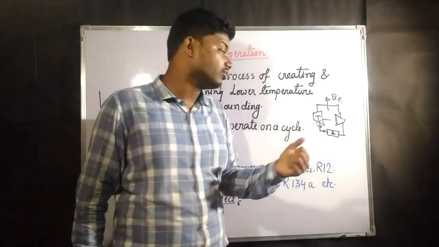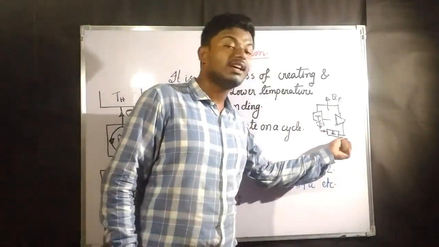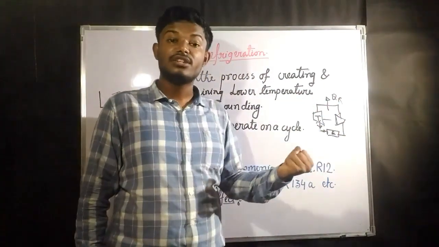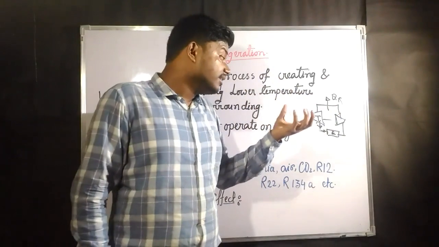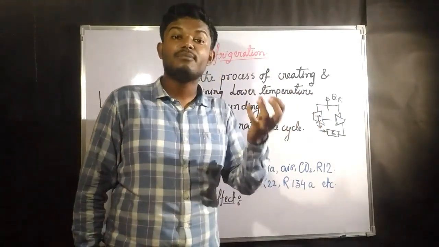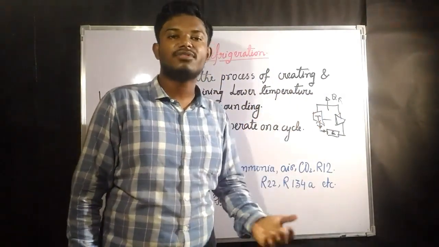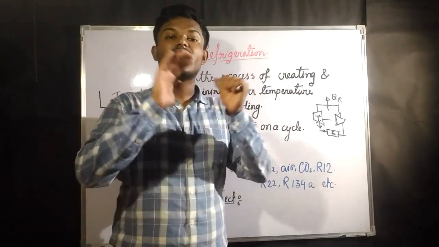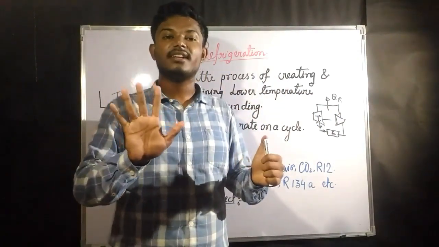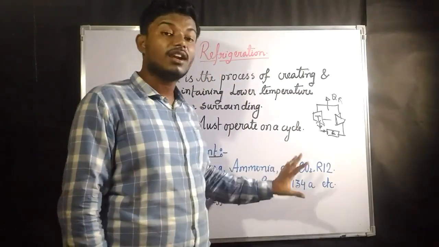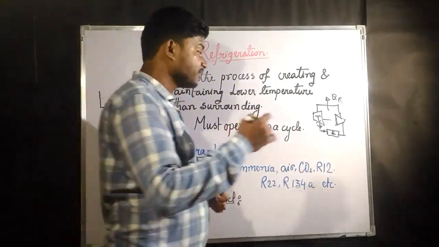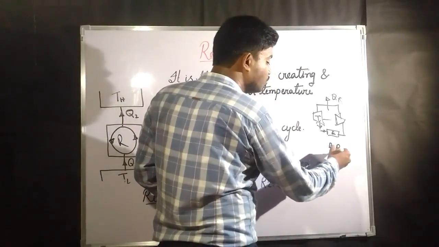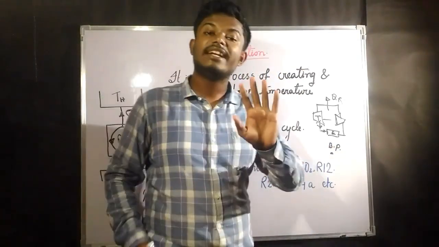always the liquid comes out. So the liquid is now passing through the evaporator, and the substance is chosen in such a way that it has a boiling point temperature less than the atmospheric temperature. That means, suppose your surrounding temperature is 25 degrees centigrade. Now we will choose a refrigerant in such a way that its boiling point temperature is, suppose, 10 degrees centigrade.